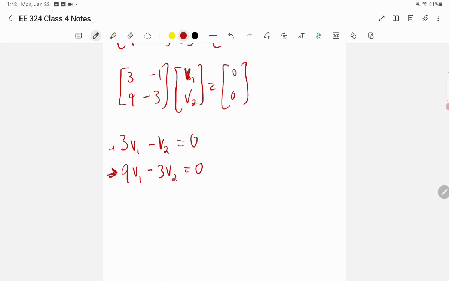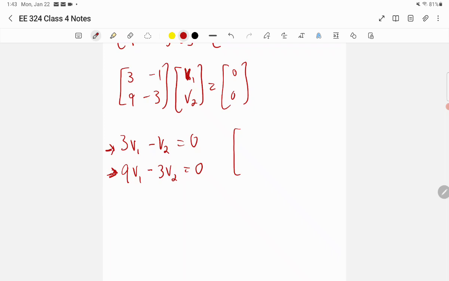So that gives us one free variable. What that means is that if we had gotten two free variables, if, let's say, we had gotten an equation like v1 minus v1 equal to 0 or something like that, so you get 0 equal to 0, then you would have two free variables. You'd be able to pick either one, and then you would be able to find two unique vectors. But in this case, we only have one free variable, so we're only going to be able to pick one